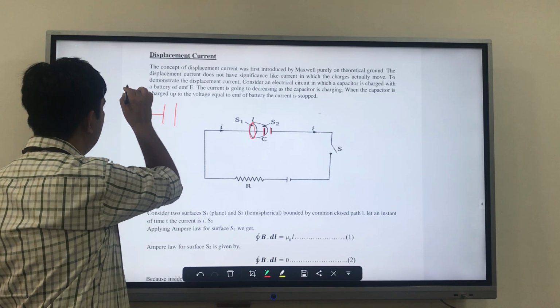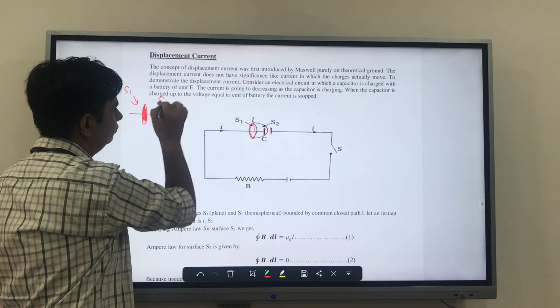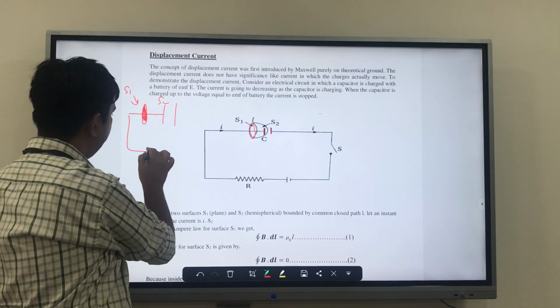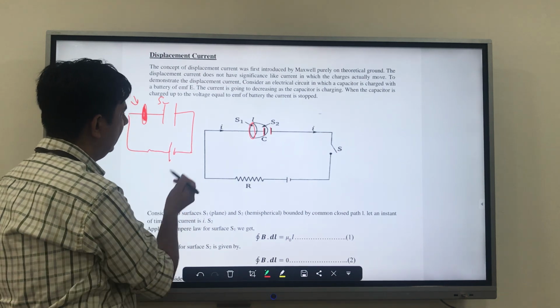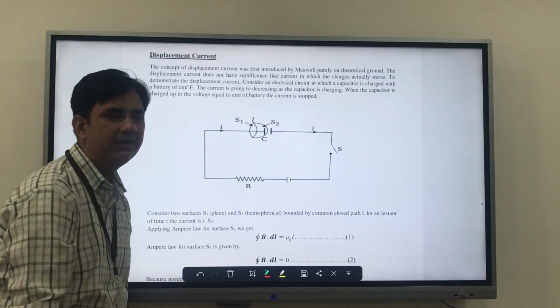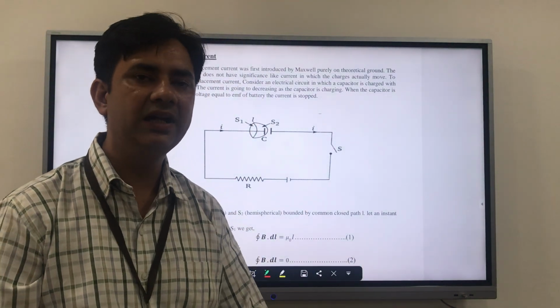He called it S1 and this part S2. He connected it with a resistance and then with a battery. And now he will charge and discharge, and because of that he will understand the concept